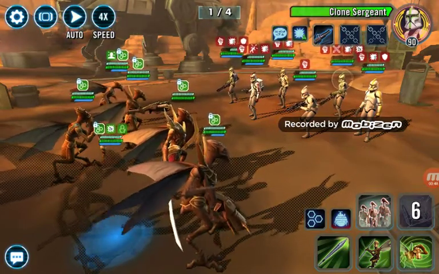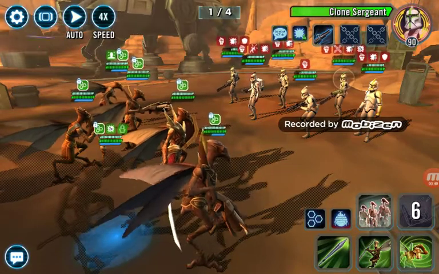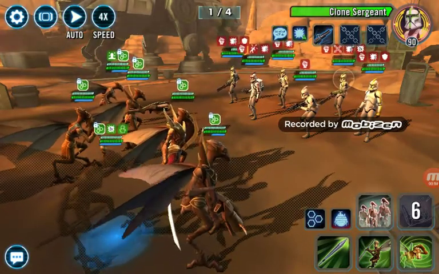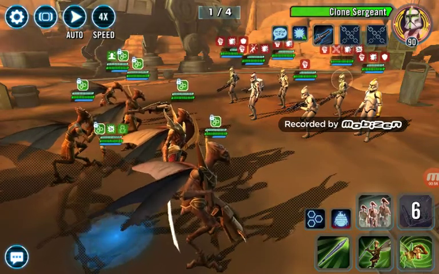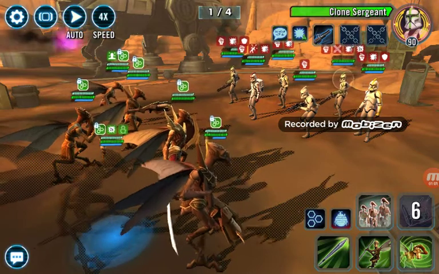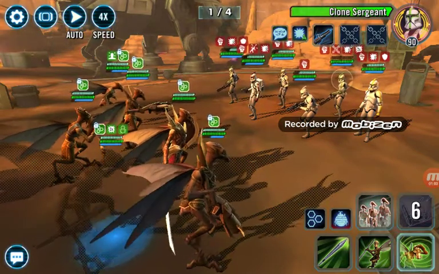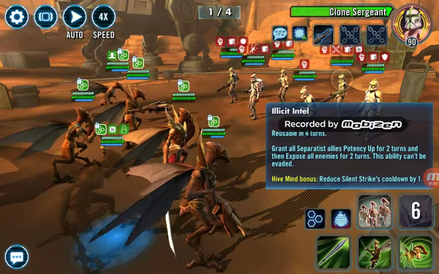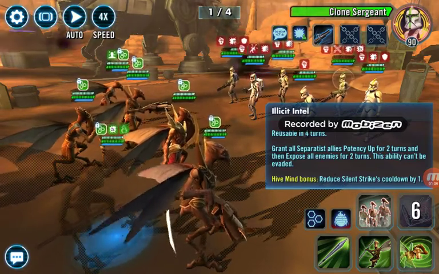The first move I did was I used this special to call the AoE with the rockets. Unfortunately, I forgot to start the recording. But that's what I did. My next move here, I'm going to use the spy, this move here. Let's intel that increase the potency of all the bugs. That would land the